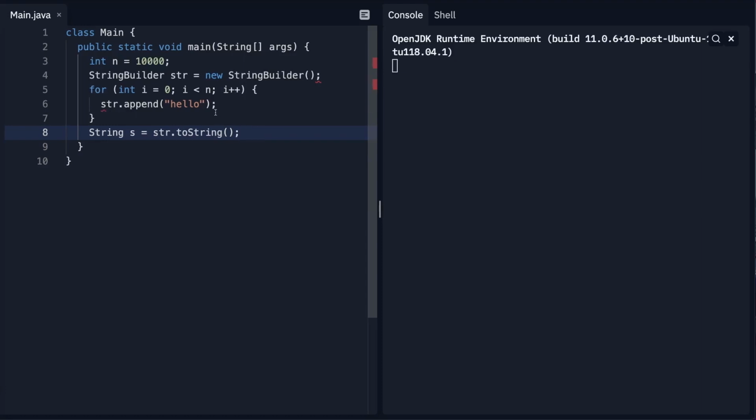In this case, the operation takes only O of n, because StringBuilder is not immutable. Thus, every time we append hello to the end of an already existing string, we don't need to copy it and create a new space in memory for it. So of course, if we run this, we see that it runs in very decent time.